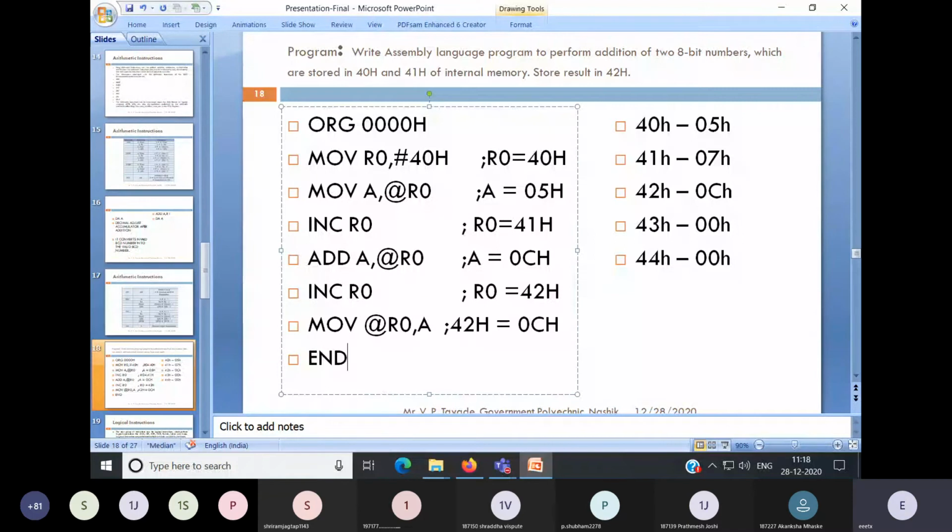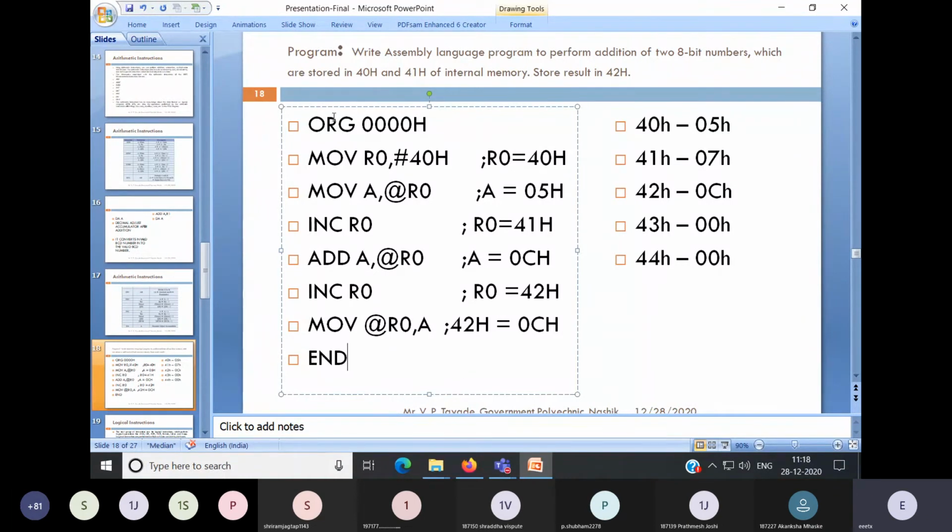Correct? So to end the program, again we have to write an assembler directive command, not instruction, assembler directive command. So here END, it is assembler directive, ORG, it is also assembler directive, and the remaining things, these are the instructions. This is our program. So while writing your program, you have to write only instructions. No need to write these comments. These comments you will write on the paper when you will write a theory paper. Correct? In that case, you have to write these comments. So to execute practically, no need to write the comments.